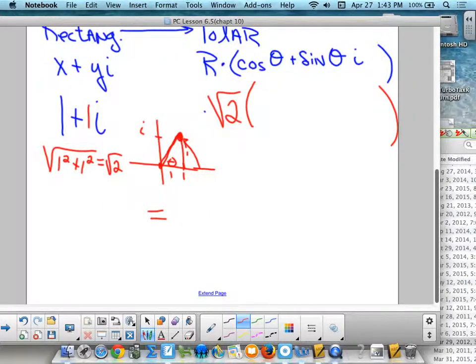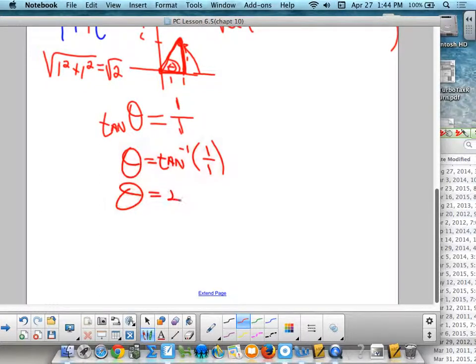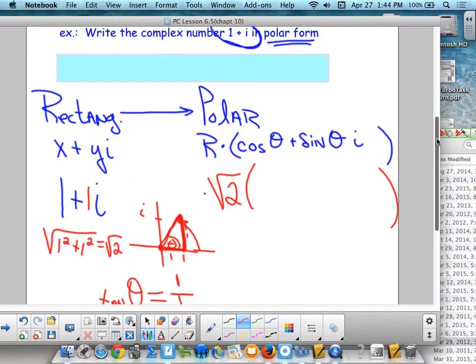Yeah, didn't we do tangent? Tangent of my angle, right here, equals y over x, 1 over 1. And guys, those numbers are so easy. When it's 1 over 1, what angle is it? Basically this is what you're doing: inverse tangent of 1 over 1. And hopefully you remember that is 45 degrees, or better yet, pi over 4. Alright, that helps me, because now I know to get it into polar form, I just need the radius,